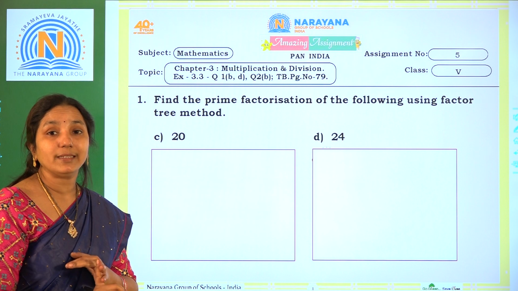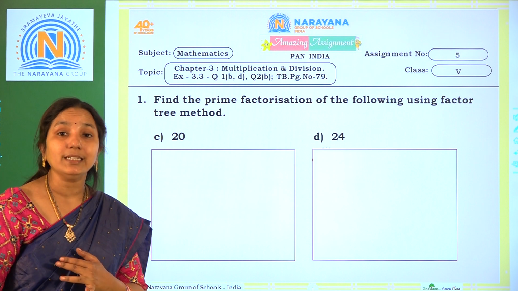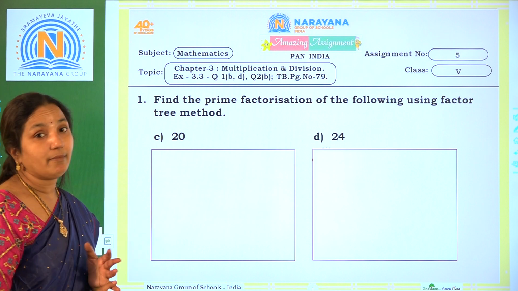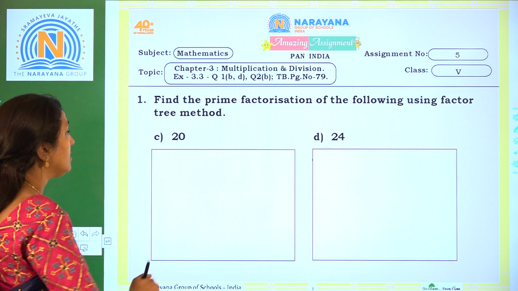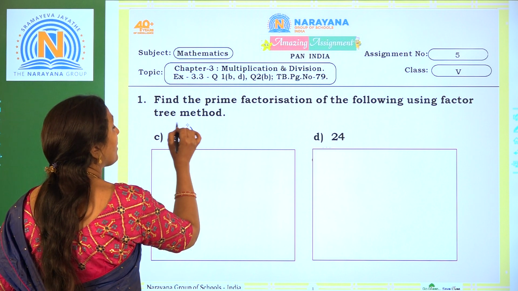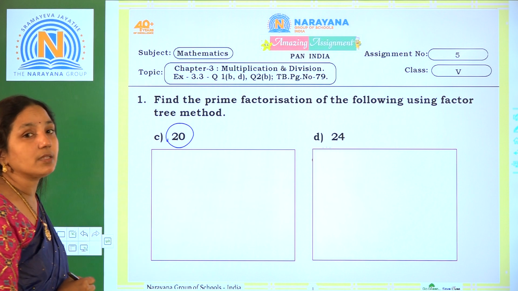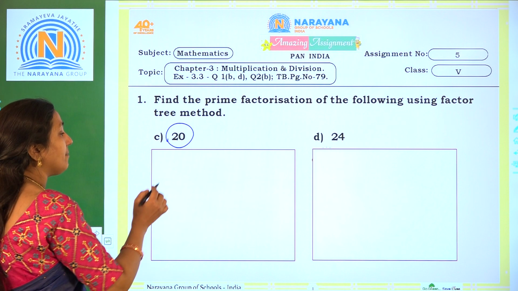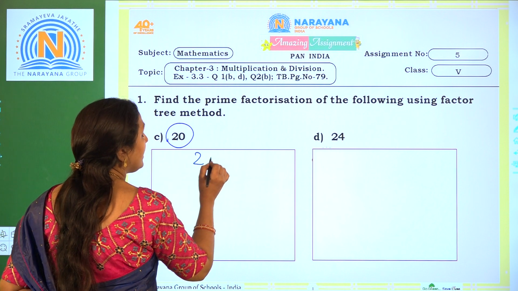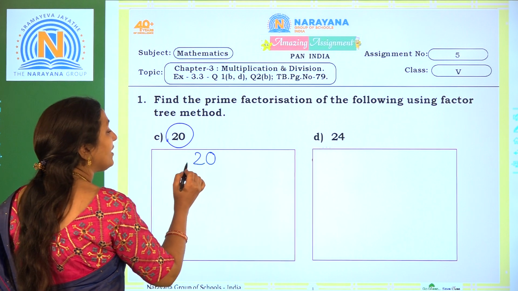So we have two methods. What are they? The factor tree method and the division method. So we have to find the prime factors of the given numbers using the factor tree method. So here 20 is there. So 20 we can write as